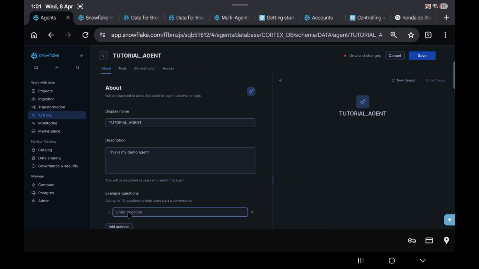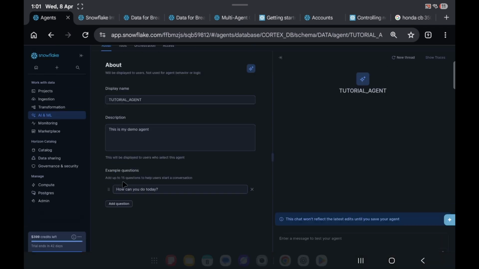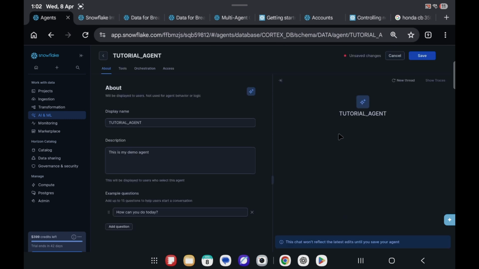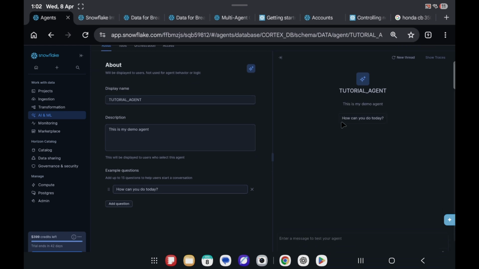You can add questions like how can you do today. Based on this, you can add questions, and once you add these questions, they will be visible on the agent chat box here. So if you want to ask similar questions, you can directly ask it with a click of a button. So if I save all this information, changes saved successfully, and here is your example question that we just mentioned